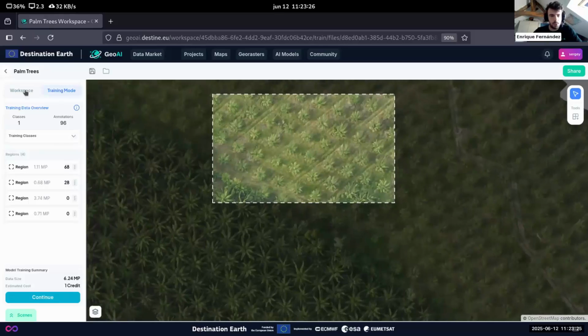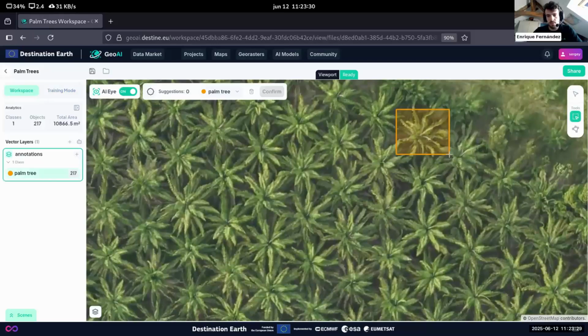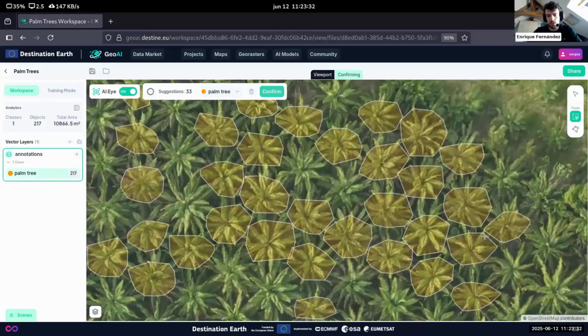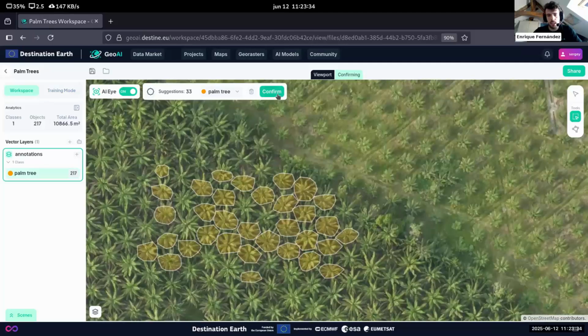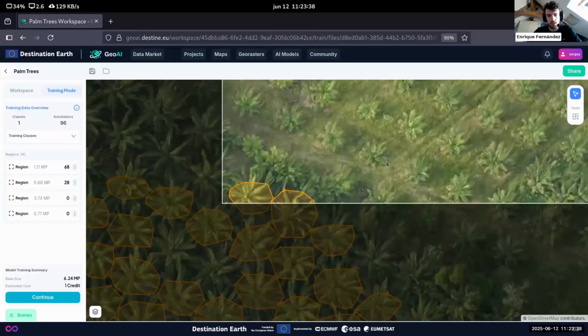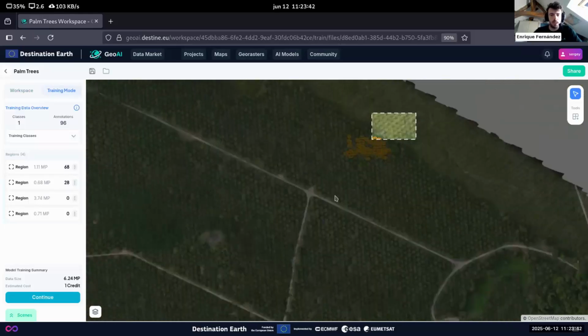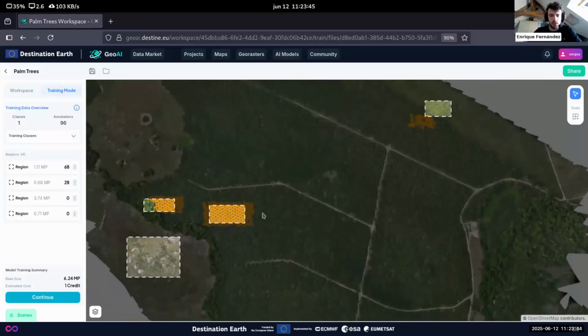And perhaps there is one more palm tree region that I can create, something like that. And yeah, so now we have those two because we have to make sure that the regions are fully labeled, but we don't want to find these. All right, so we have these 4 training regions where we have annotated, we have shown examples of all of our palm trees. These 4 regions are here, and the next step would be to click continue.